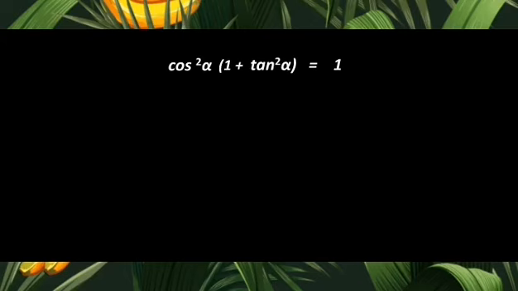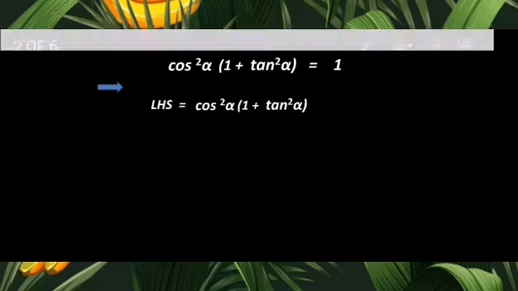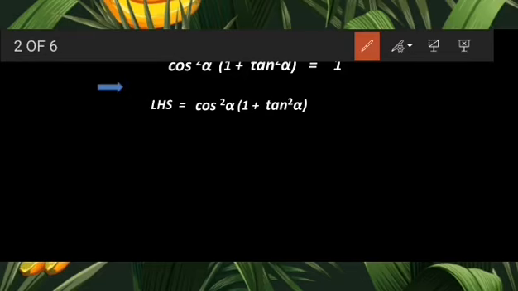Over here, if you observe the question again, the way I told you, we will begin with the LHS and try to reach the RHS. There are two ways to begin the sum. I told you, think about the basic mathematical operations. Presently I am going to coin one term, the fountain method. If you have a bracket and a term outside the bracket, you have to multiply that full bracket with the term. That means cos square alpha into 1 and then cos square alpha into tan square alpha. That is one method.